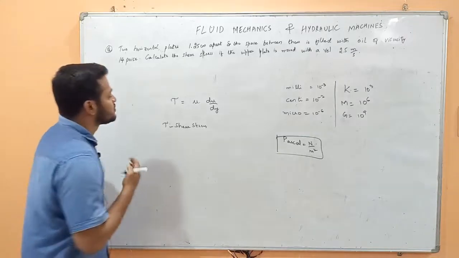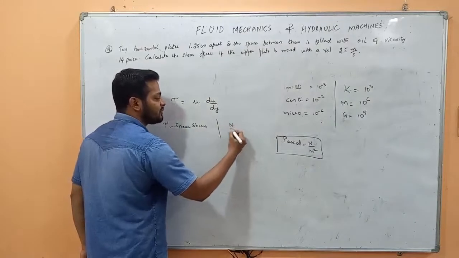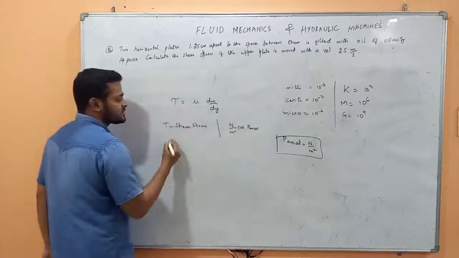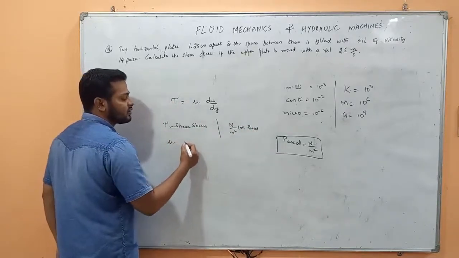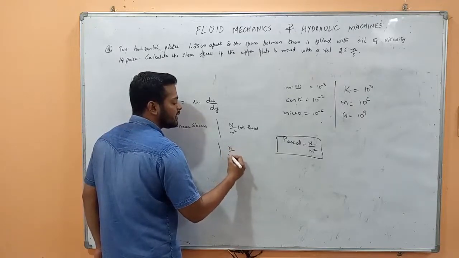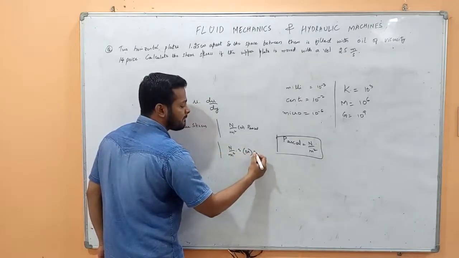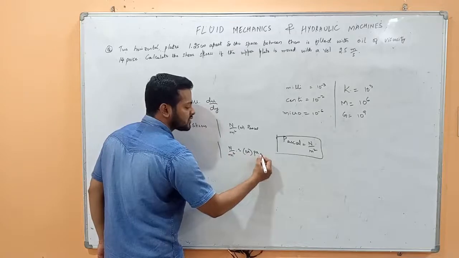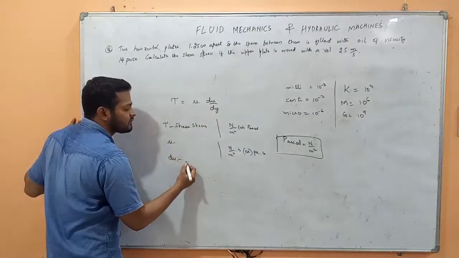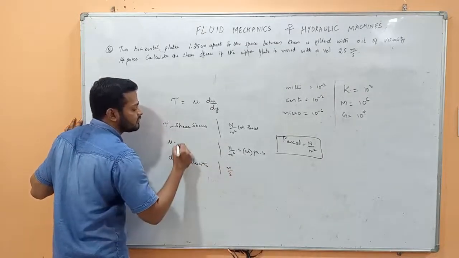Okay, so first is shear stress, tau. The SI unit of shear stress is Newton per meter square, which is also called Pascal. Next is mu, which is called viscosity or dynamic viscosity. The SI unit is Newton second per meter square. This Newton per meter square can also be written as Pascal, so I can say Pascal into second. The next is the du term. Du is velocity. We all know that the velocity unit is meter per second. Okay, this is viscosity.